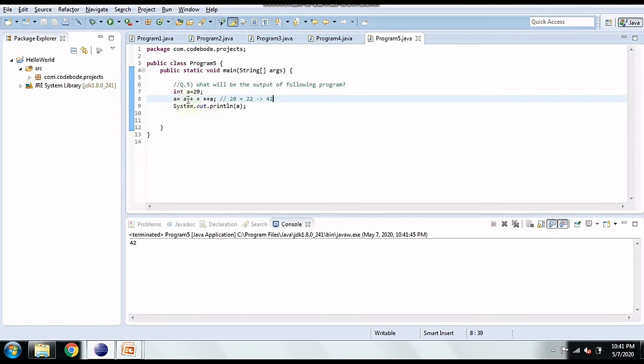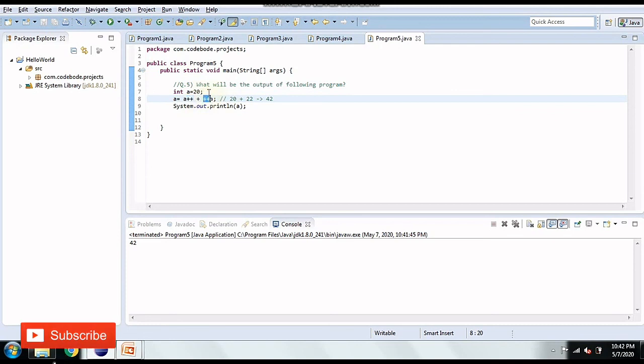I'll explain again. a++ is 20, then plus. After plus, first the post-increment will work, so 20 plus 21. And before doing plus again, the pre-increment will work, so 20 plus 22, which is 42.